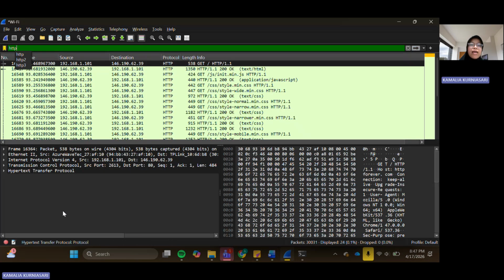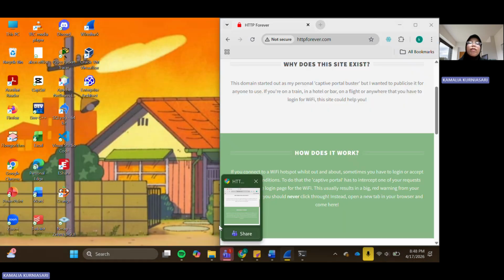This filter displays web traffic that uses the HTTP protocol. It helps analyze communication between the browser and the web server that we opened in Google Chrome.